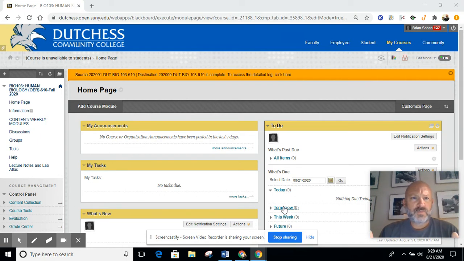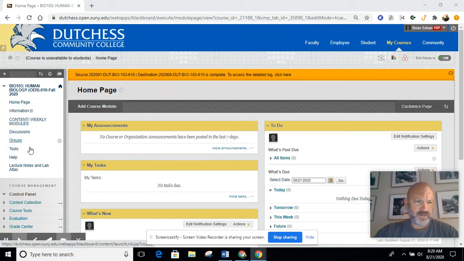As you log on to Blackboard and select this course, Bio 103, it'll bring you to this page, depending on what section you're in. You'll see over here in this drop down menu there are a couple of different things, and really we are going to be looking at three of them. One of them is down here. It says Lecture Notes and Lab Atlas. If you click on that,